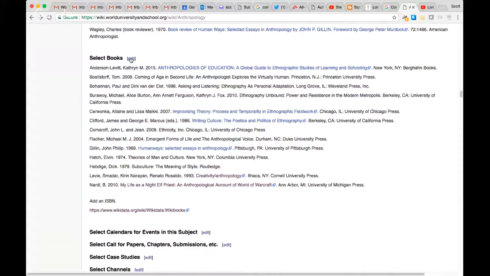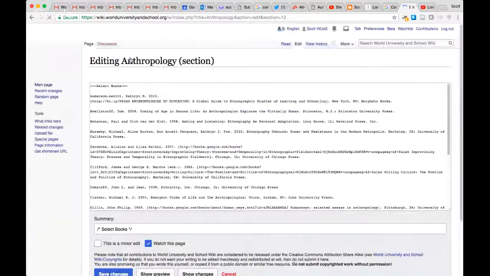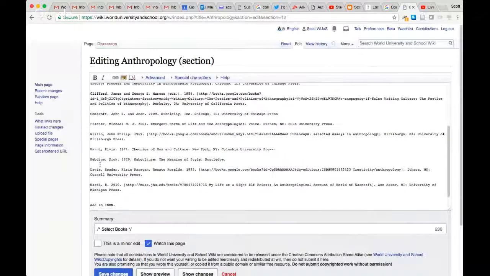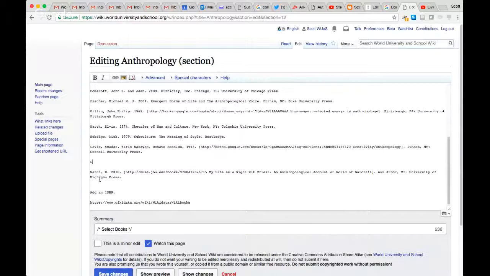So to add such a book, I would go to Select Books. I would click Edit this page, as I'm doing on the screen in front of you. I would go to place in alphabetical order where the book would go. I know that Ursula K. Le Guin wrote it.